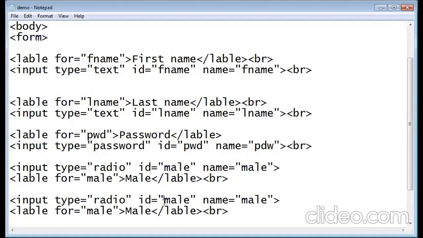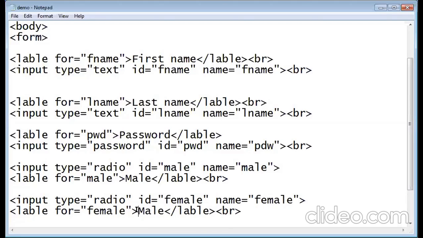For female, type will be same, ID will be now female, name will be female. Okay. Now label will be female and name will be female.